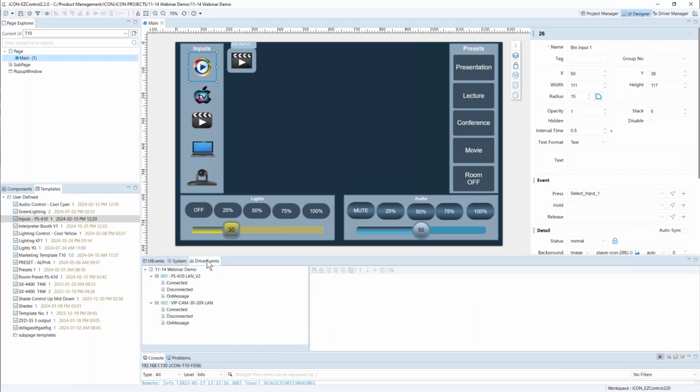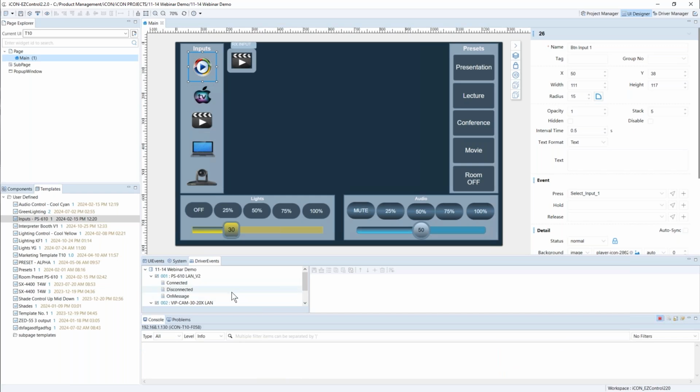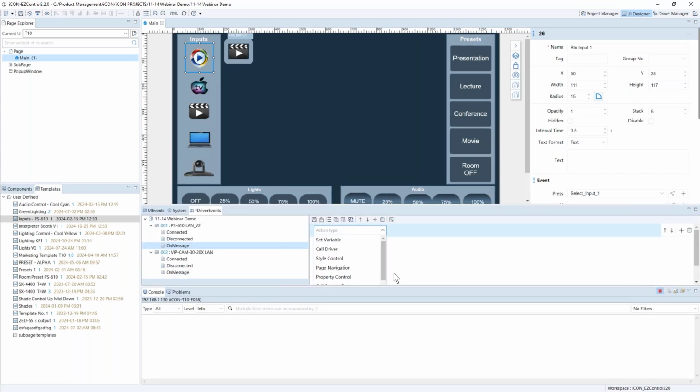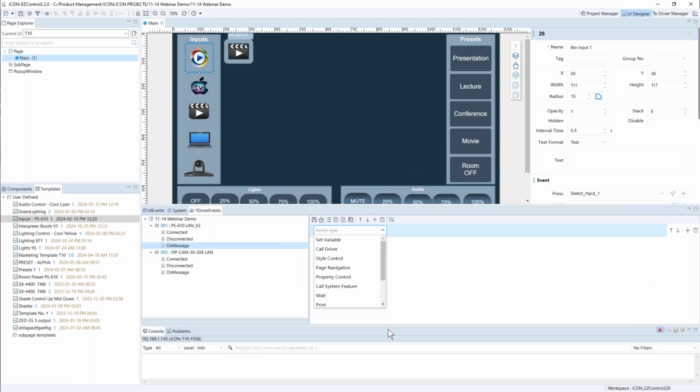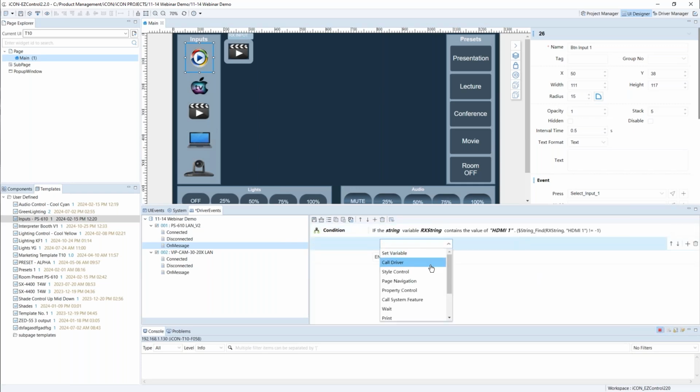And now maybe I want to do something with the feedback from the switch. So in this case, I'll say on message, which means whenever I get a response back from the PS610. So here we'll do a condition, and we'll say if return string contains HDMI 1, then I want to, and I'm just mouse clicking right now, update the input 1 button